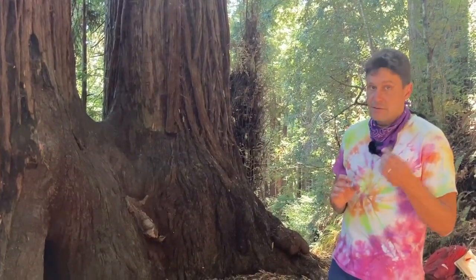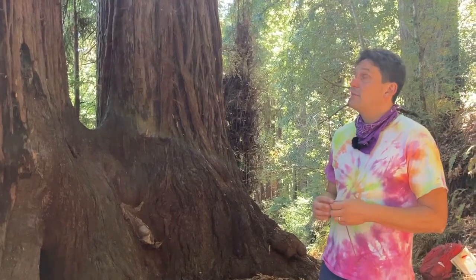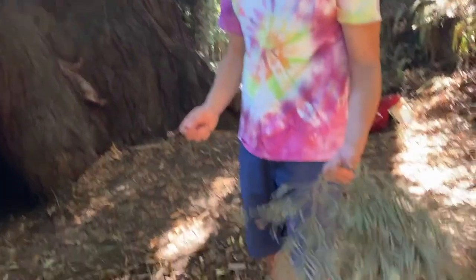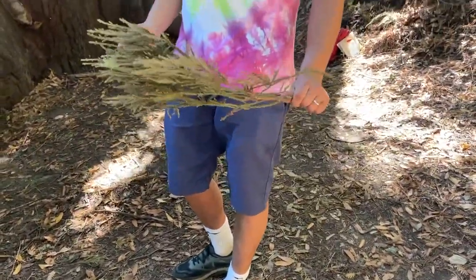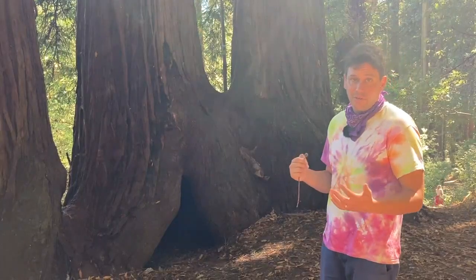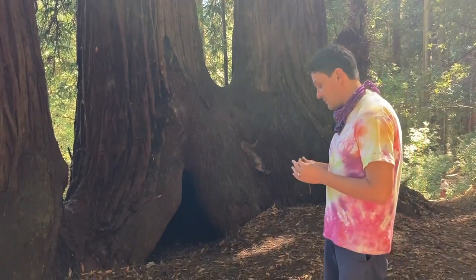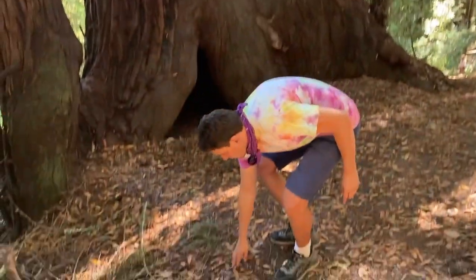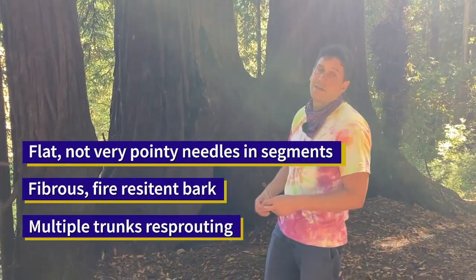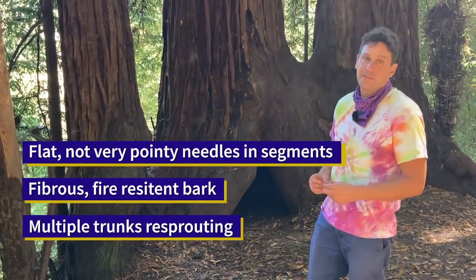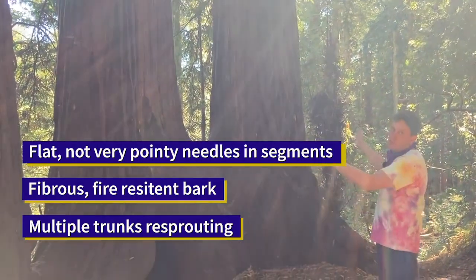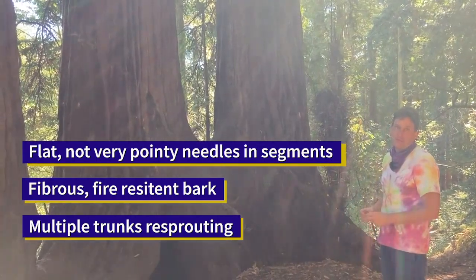Giant sequoias have bigger cones, and then their leaves are not the flat sprays. They look much more like this throughout the whole tree. The awl-shaped leaves. So your Sequoia sempervirens has got flat, linear leaves that look like they're segmented. Fibrous bark that's a great insulator, protects it from fire, and often has multiple stems due to its ability to be clonal.